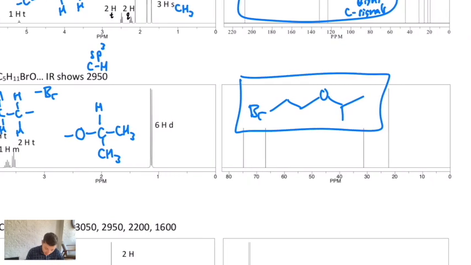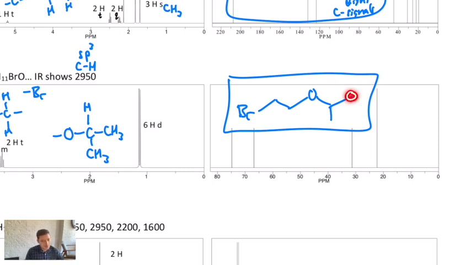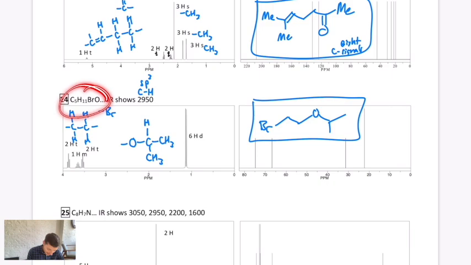We have some symmetry. Those 2 carbons are in the same environment, so they would show up as 1 signal in the carbon NMR. So I would count this as 1, 2, 3, 4 signals, but that one all the way to the right counts as 2 carbons, and that's how you still get 5 carbons for your molecular formula. Last one,